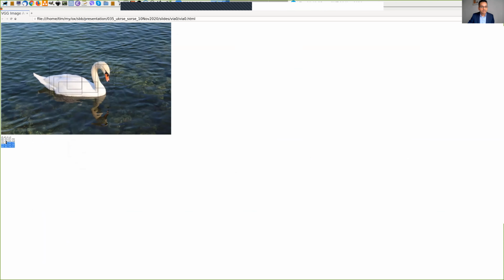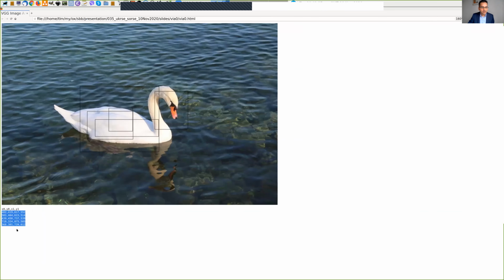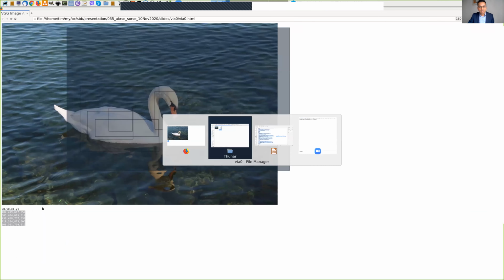And then all the coordinates get stored here. So going back to my slides,